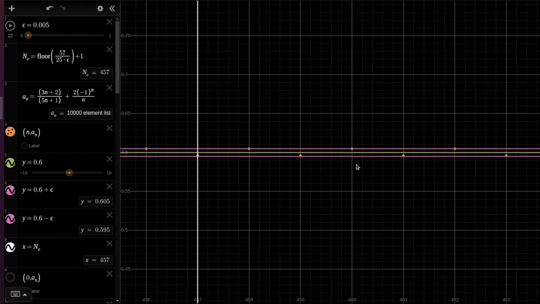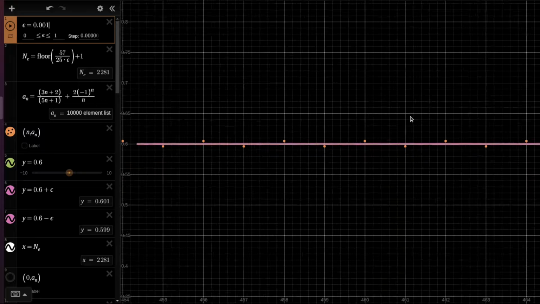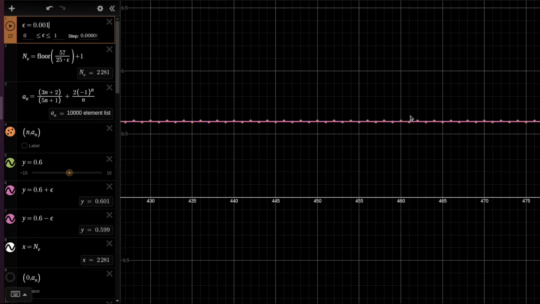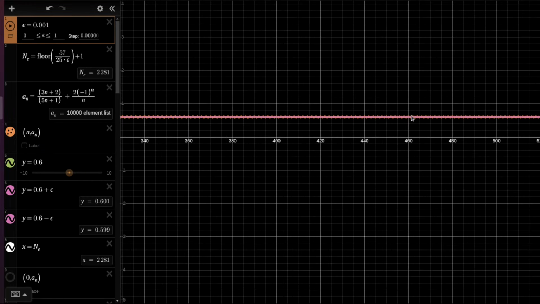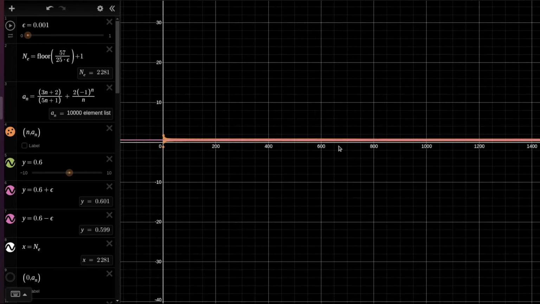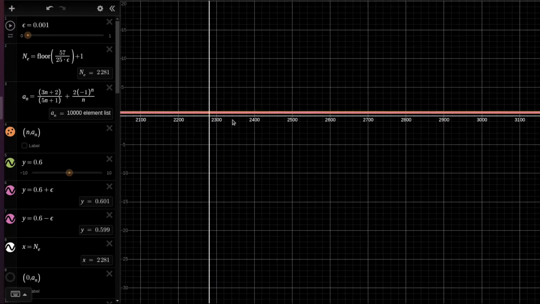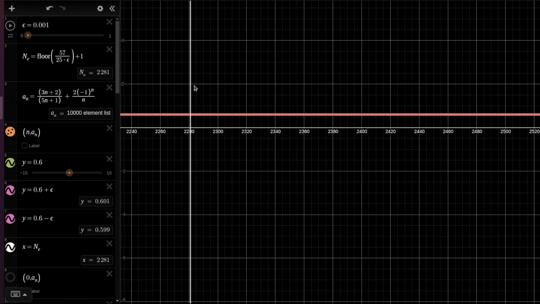For every epsilon, we have this n of epsilon. And finally, let's see what happens for epsilon 0.1. Let's see if still with the 10,000 elements, if we can achieve this. Maybe this is too much to ask for, but let's zoom out. That's okay. So we see again, so we see how close, starting from